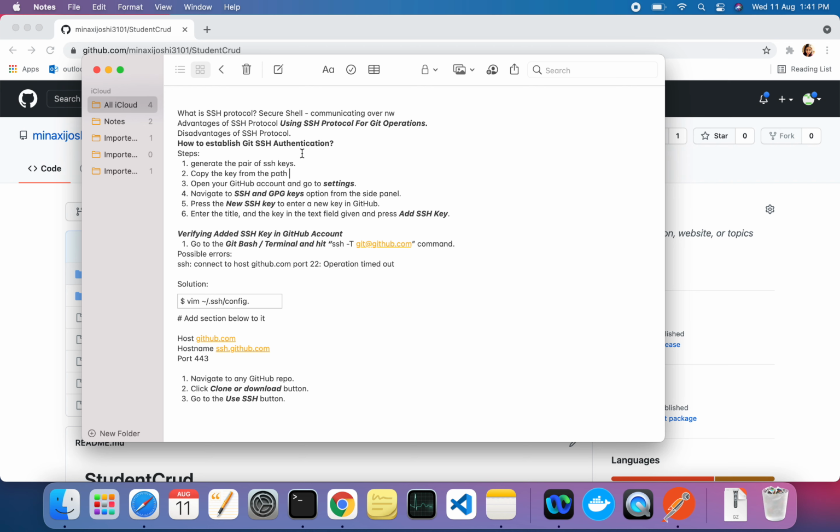It is secure as well, because SSH keys are more secure than any password we can imagine, because it uses a million or trillion permutations. It is almost impossible to crack the SSH key.